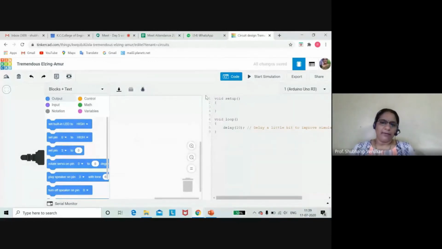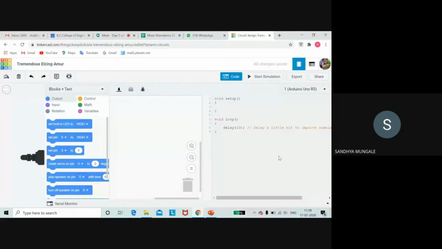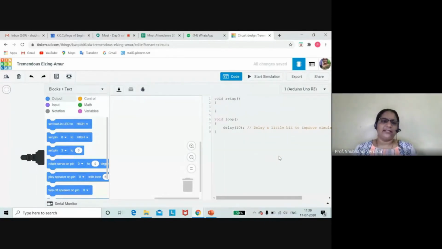This is the place which I have shown you in a previous session for Arduino IDE sketch, where by default void setup and void loop are present there. Clear? Everybody is remembering? I have shown you this platform, that void setup and void loop are present here. Okay. So now what we are going to do, let me know one thing, that LED is an output or input? Output. Perfect.